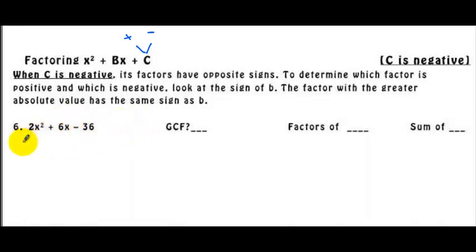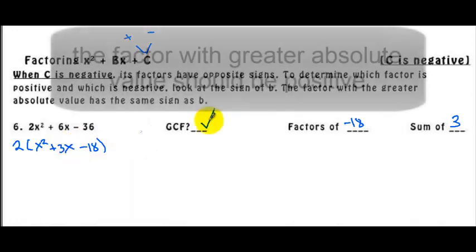Do we have any GCF? I think we can factor out 2 here. So you will have x squared plus 3x minus 18. Right, so we have a GCF, it is equal to 2. Now we need to get factors of negative 18. The sum should be equal to positive 3. Now since this one is negative, the factors should be one positive and one negative. Now since the middle term is positive,